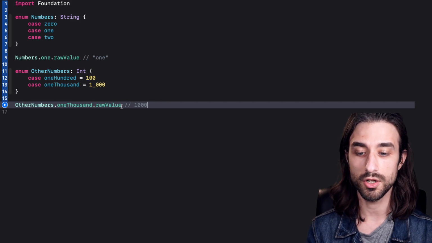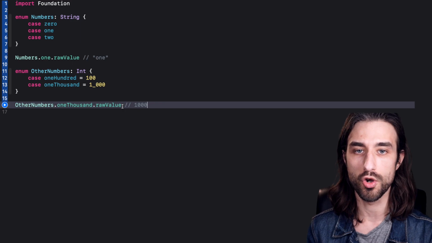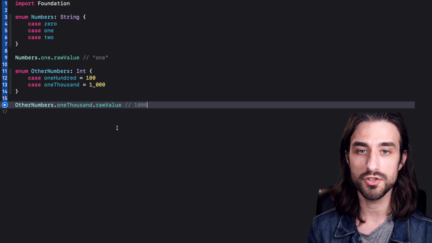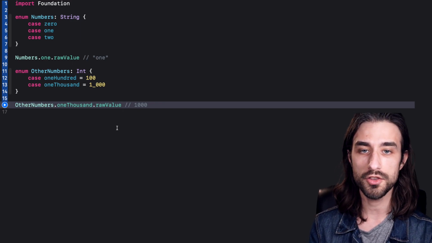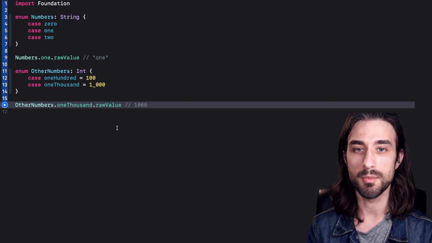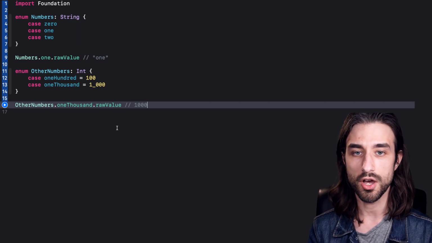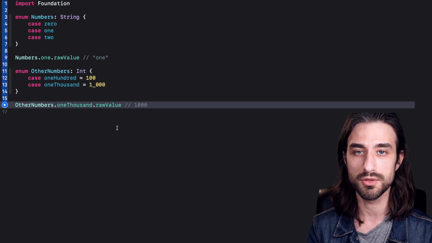And the fact that it is called a raw value lets us think that it is indeed linked to the protocol RawRepresentable. Basically this protocol allows us to store an underlying value inside a Swift type. This way we can benefit from higher level APIs like Swift enums, but when needed we can still access the raw value.